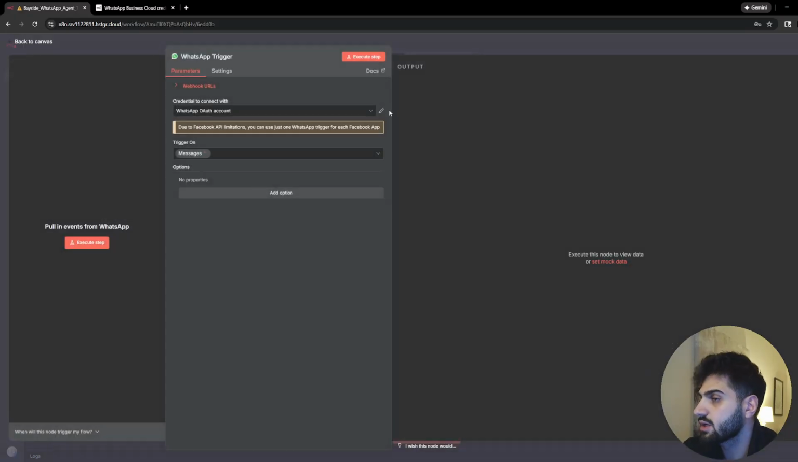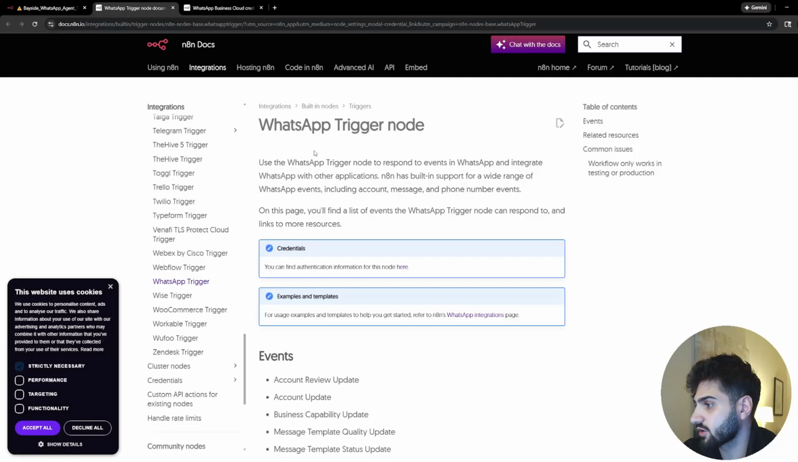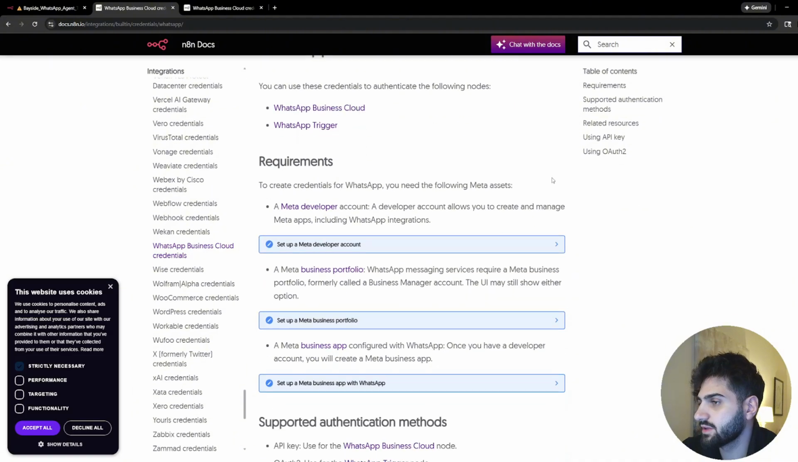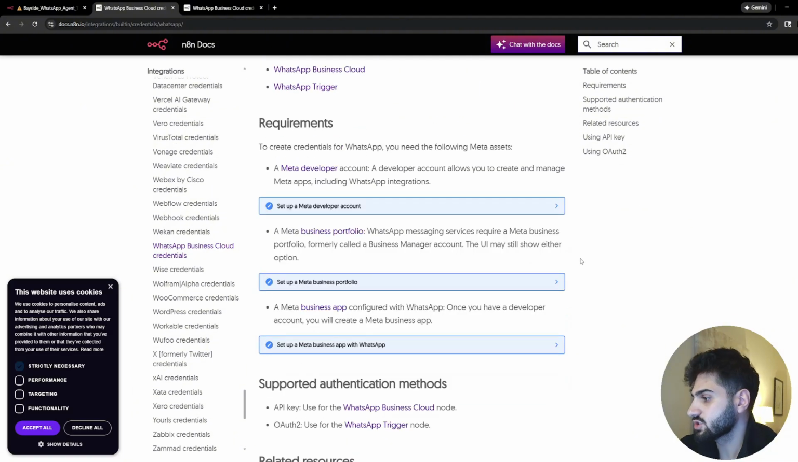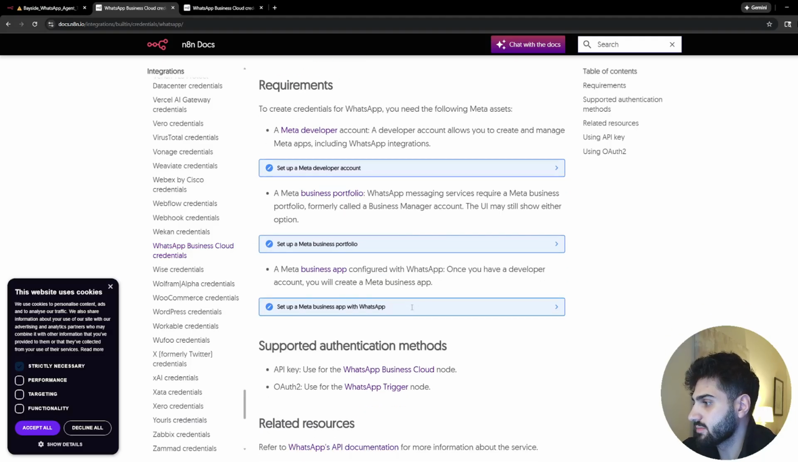as we already mentioned. Before we actually go ahead and start setting everything up here, I want you guys to click on this docs link, which takes you to the n8n's documentation. This walks you through exactly what you need to set up this WhatsApp trigger node. So if you take a look at this blue box that says credentials, you can find authentication information for this node here. I want you to click on this blue link. And then here we have our requirements. Essentially, you would need 3 things from Meta to set up the WhatsApp trigger node. You need a Meta developer account, you need a Meta business portfolio, and you need a Meta business app configured